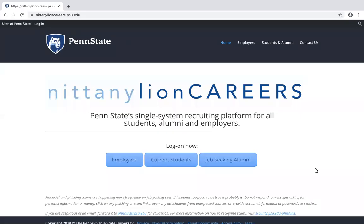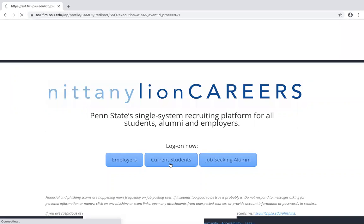This is how to schedule an appointment at the Nittany Career Cafe and how to locate it on Microsoft Teams. First, you will log on to nittanyLionCareers.psu.edu. You can click on the tab for current students and it'll prompt you to log in with your web